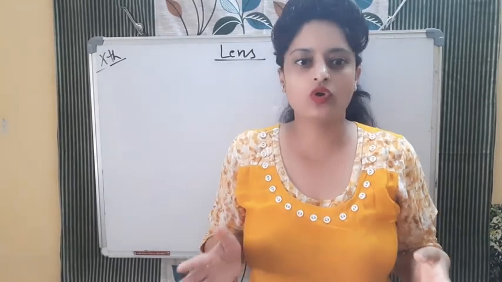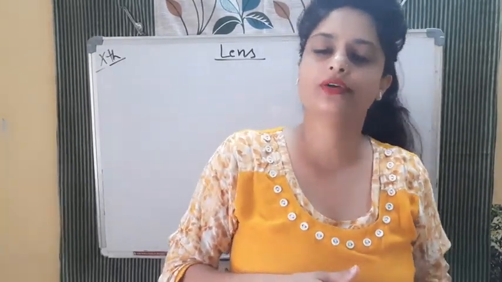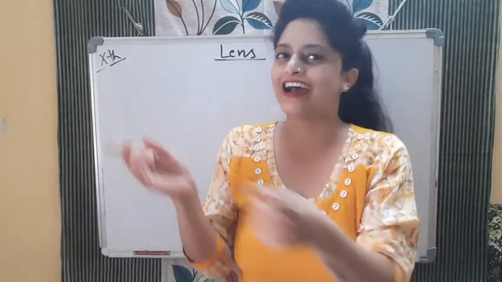Okay, so you all know that we are doing the light chapter. We are doing it in a series. First part we completed mirror and the reflection portion. Then we studied refraction and the refractive index. Today's class we will start with the lens: introduction of the lens and how refraction is happening in the lens. What are the types of lens, and what are the terms related to the lens, like we were studying in the mirror. So those basic information in today's class. Without any further ado, let's get started.